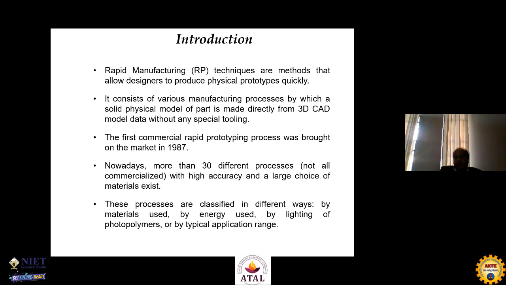Conventionally, if you want to produce something using conventional machines, you need machine setup and different types of skills. You have to convert your drawings into a process plan, then you need a part program, and finally you get a prototype. To develop this prototype you need a physical system, which is not only time consuming but also cost consuming. So this new concept of rapid prototyping solves this problem by